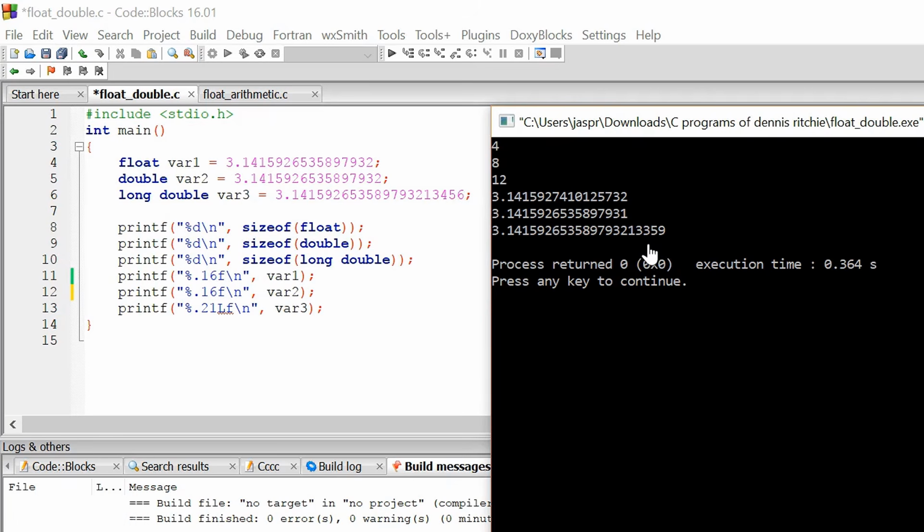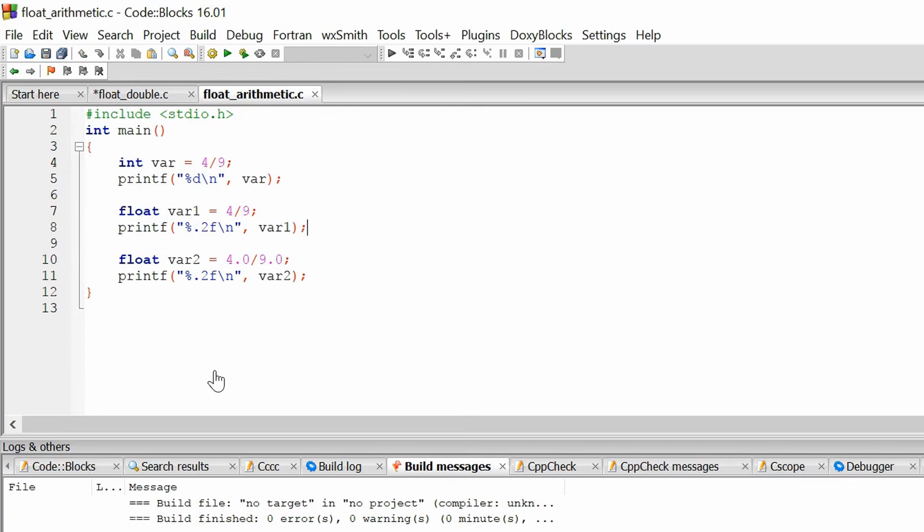Of course, the precision depends on the size of these data types. Therefore, if you want less precision, then you can use float, or if you want more accurate fractional numbers, then you can use double or long double. Many scientific applications are sensitive to precision. Therefore, they will use double or long double. Some applications require precision up to 2, 3 or 4 decimal places. Then using float would be a better choice. That will save you a lot of space.